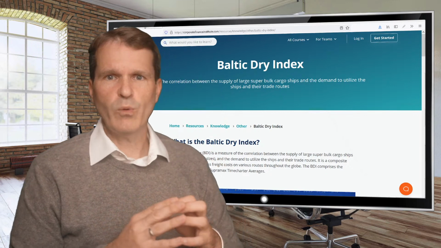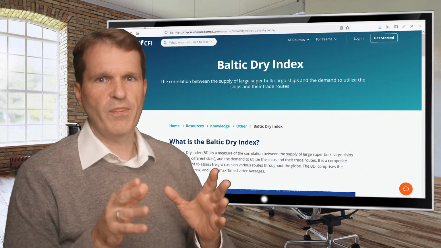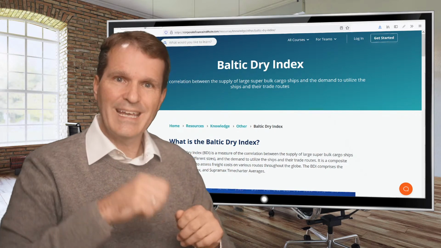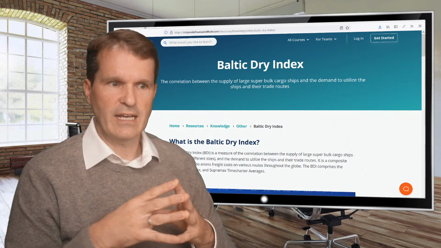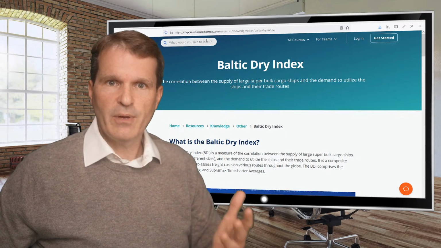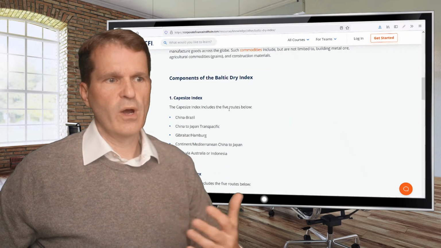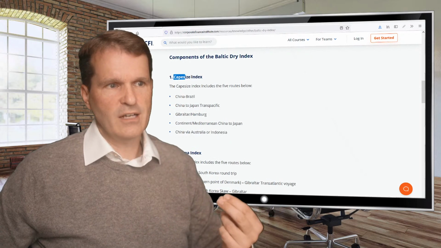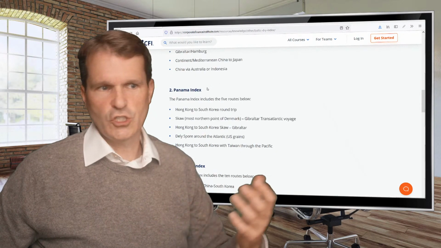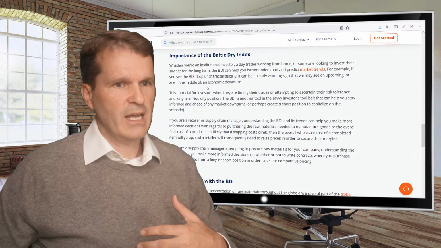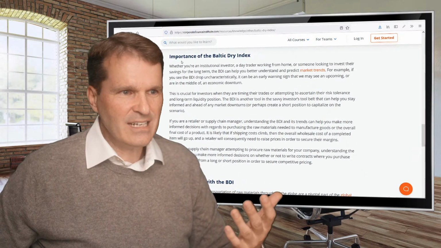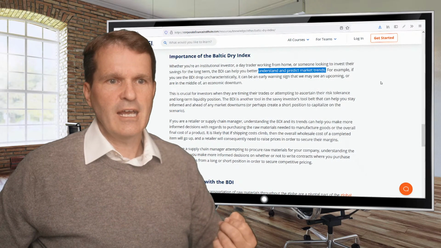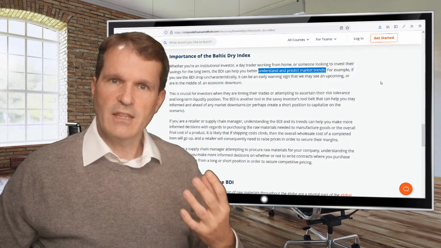So while we now have a common understanding of what the Baltic Dry Index is, and it's measured once a day, so we get daily data, we are able to pull up the data of the Baltic Dry Index, right? It's measuring the individual supply and demand on large cargo size assets, which are ships around the world. And as said, the importance is that it helps to understand and predict market trends. And that's what we're looking for.